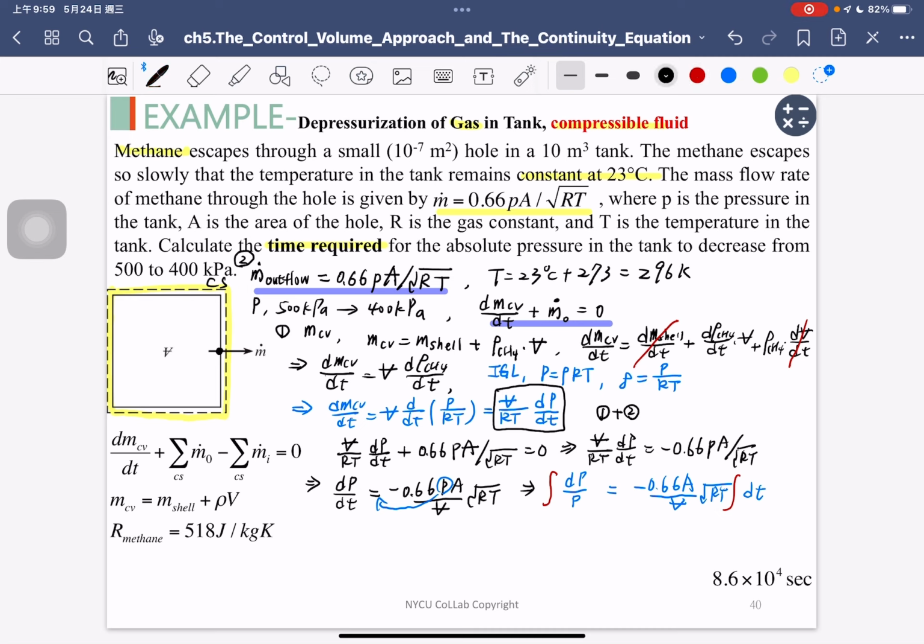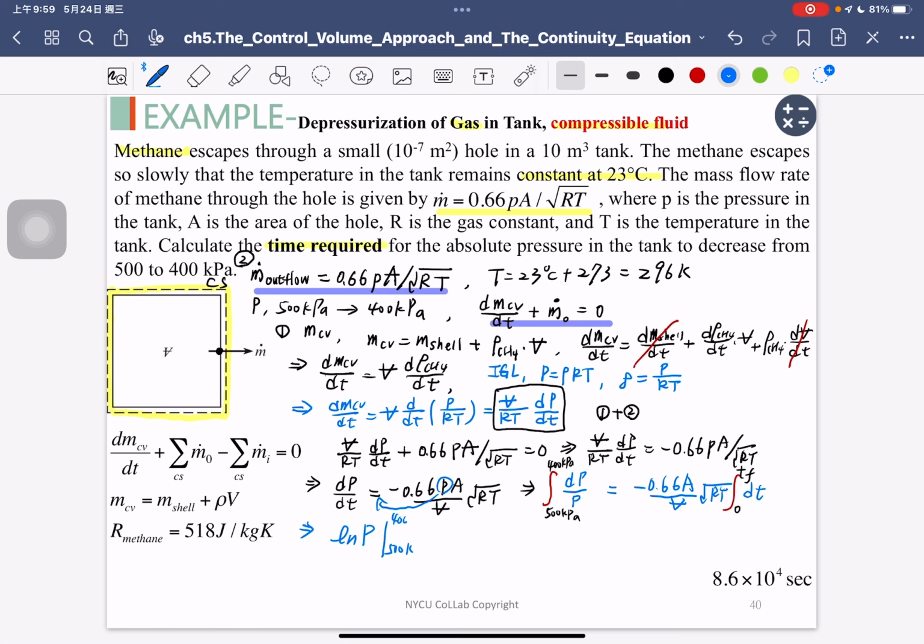The pressure changes from 500 kilopascal to 400 kilopascal. Okay, and on the right hand side, the time starts from 0 to the final time I need. Okay, so you can do the integration for this problem. So here I rewrite the problem. We know that the integration will equal ln p, right? And the interval is